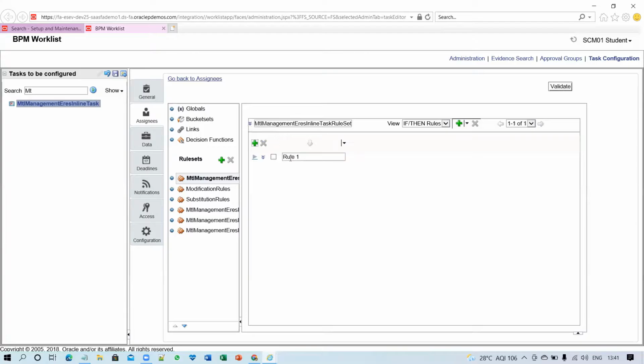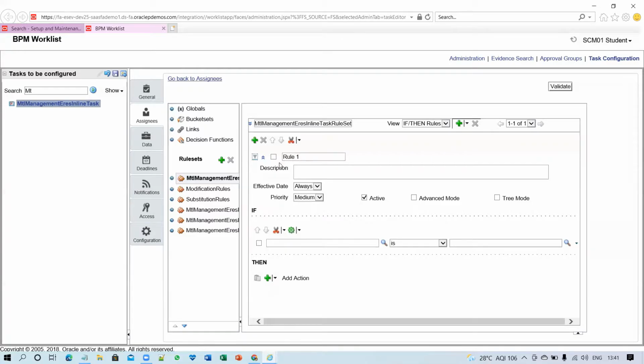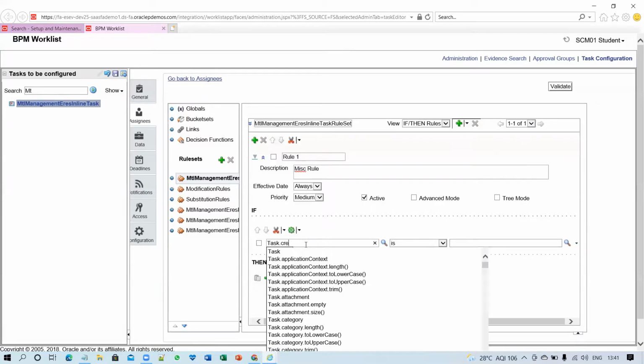I will click on the plus icon and then expand the rule, and I am setting up my SC miscellaneous rule. Now you have to set the if condition, on what basis your rule will trigger.